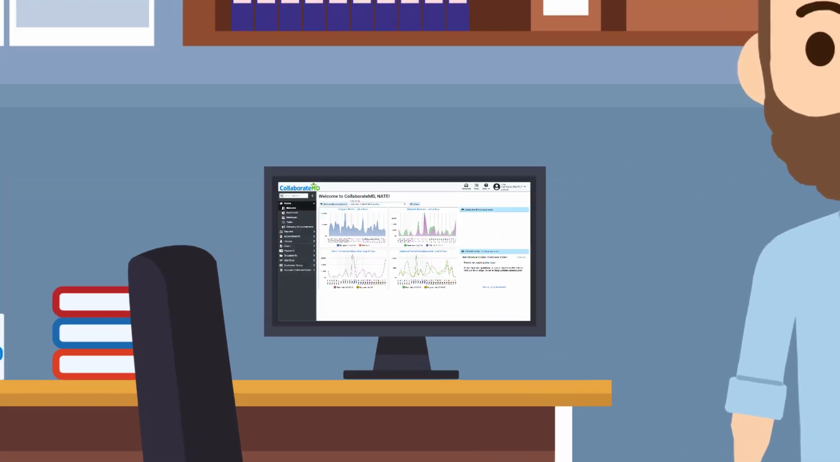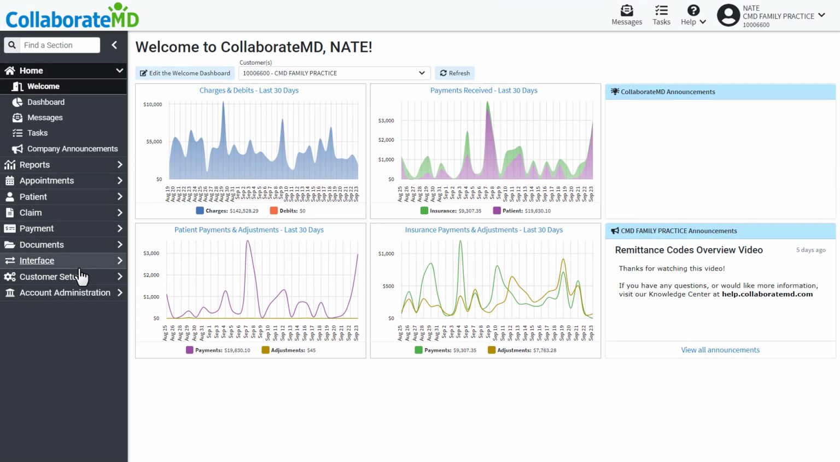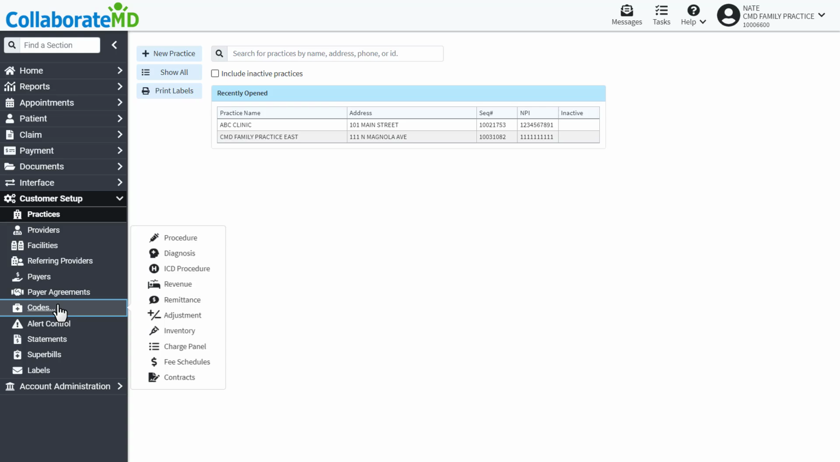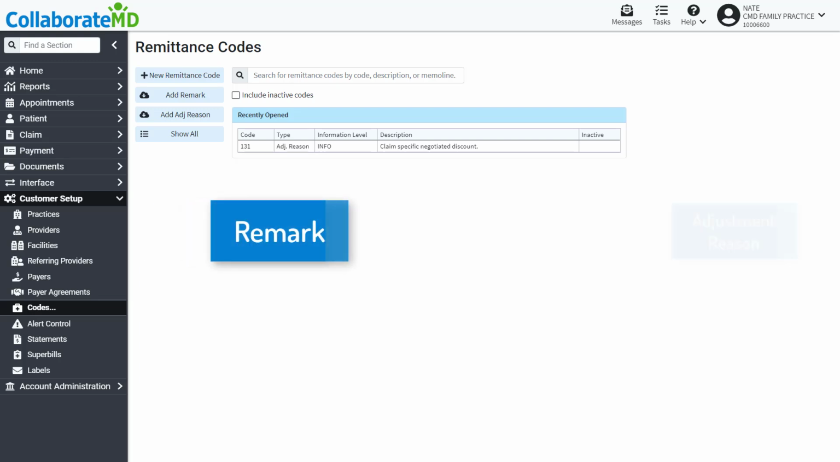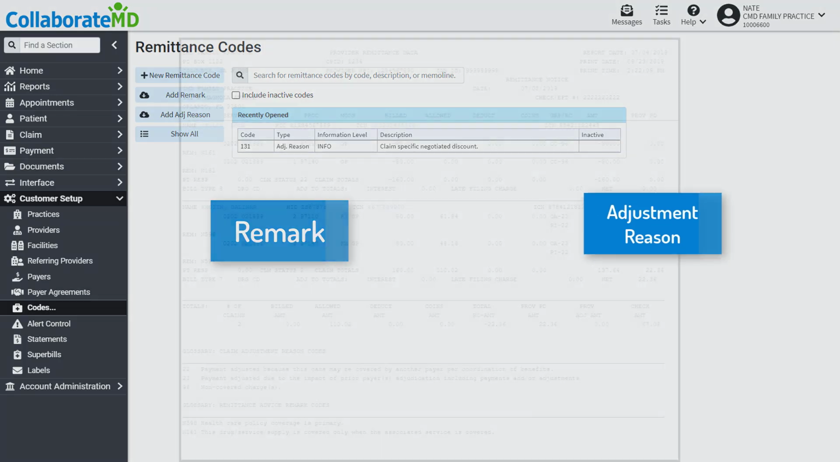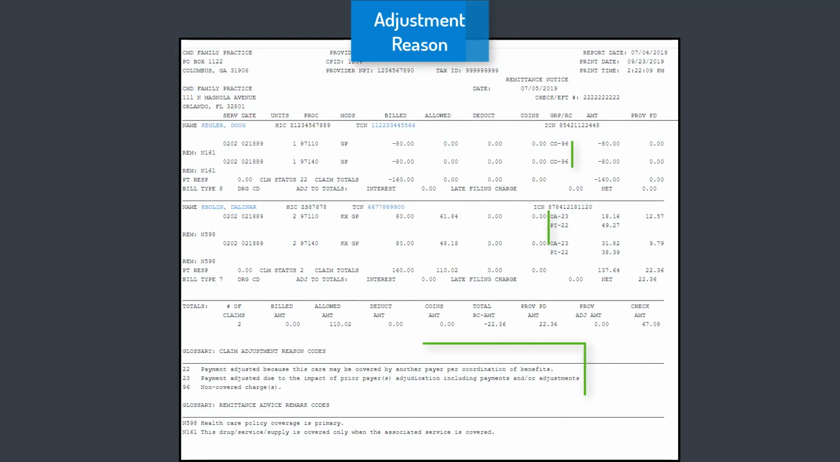Let's get started. Navigate to the Customer Setup section, click Codes, then select Remittance. There are two types of remittance codes you can create: Remark and Adjustment Reason Codes. Adjustment Reason Codes are used by the payer to explain the action they took with the charge, like why the balance is due to the patient, or why they adjusted your billed amount. Adjustment Reason Codes will also include a group code based on how the payer is using the code, such as